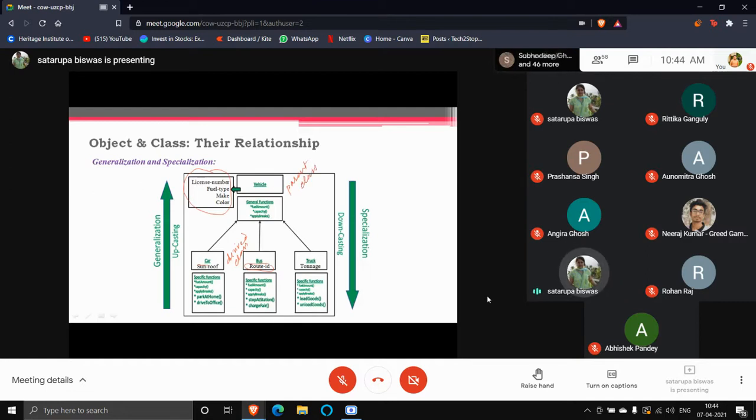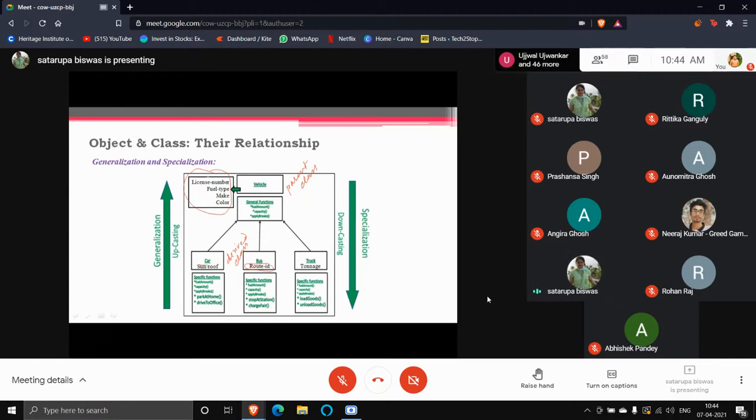Now, why should we have this? We can directly declare car, bus, and truck as three different classes, and we can have all the properties listed under each. Car will have license number, fuel type, make, color, and sunroof. Bus will have license number, fuel type, make, color, and route ID. In that way, we can create three different classes not interrelated with each other. But what will be the problem?